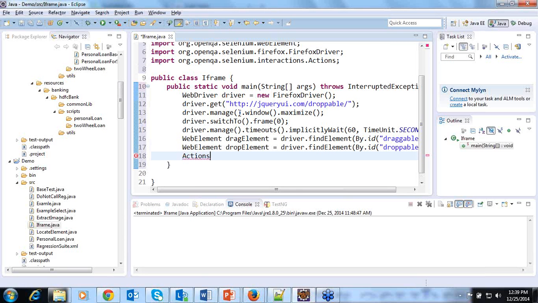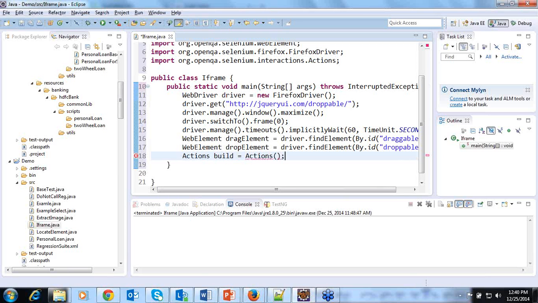It will ask me to import. Yes, I have pressed control space after typing the Actions keyword, and a package got imported, org.openqa.selenium.interactions.Actions. By using this class, I will create one object called build, and again I will use the Actions keyword.